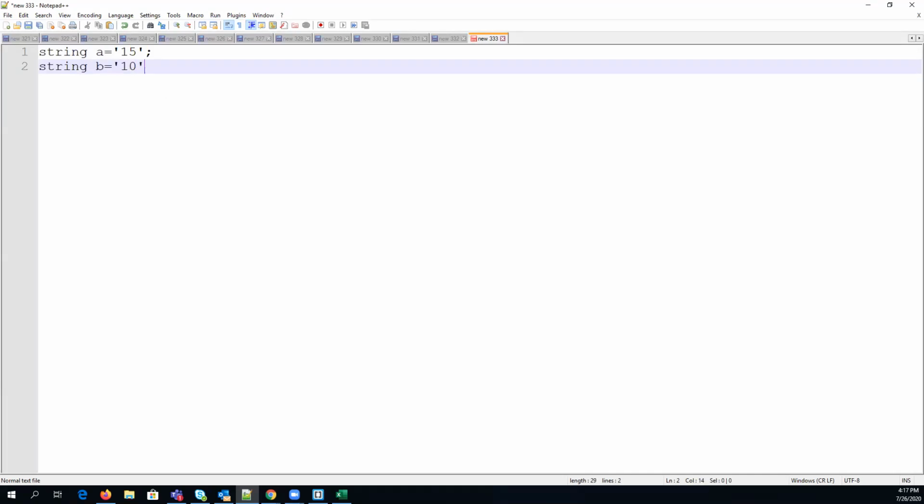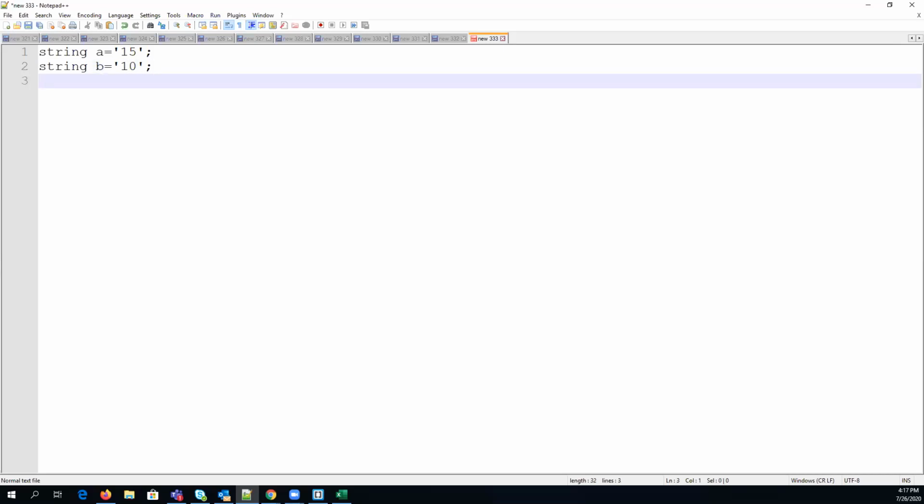And if I say string C equals A plus B, then everybody will see that 10 and 15 both are numbers. So in your mind the result should be 25, right? It should be like this. No, right?